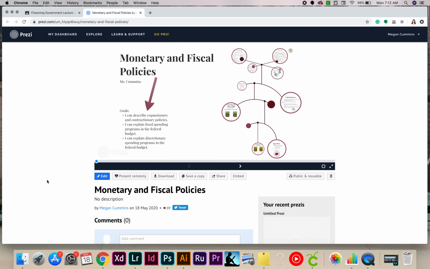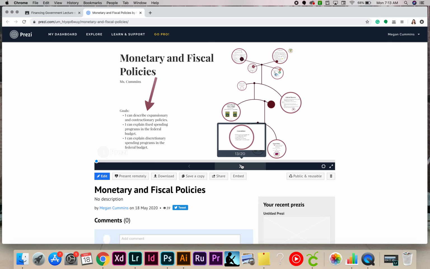So with this week's lecture, again, we're discussing monetary and fiscal policies, but here are some of our intricate goals that we're going to be hitting on. By the end of this week's lessons, you should be able to tell me the difference between expansionary and contractionary policies. We'll be hitting really hard on fixed spending programs and discretionary spending programs and our budget. I know that sounds like a lot, but I promise when we get through this,